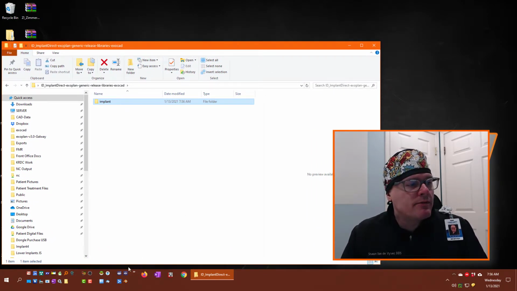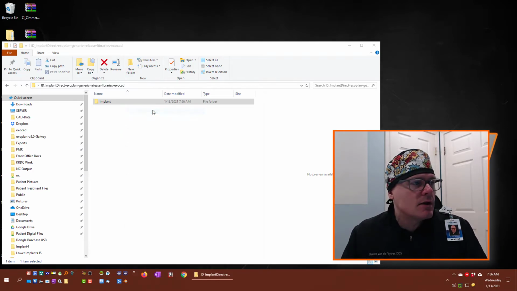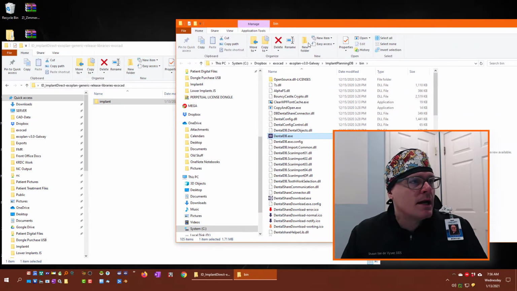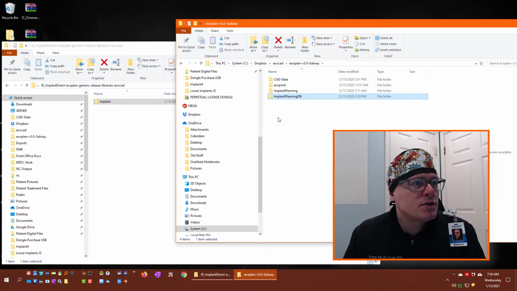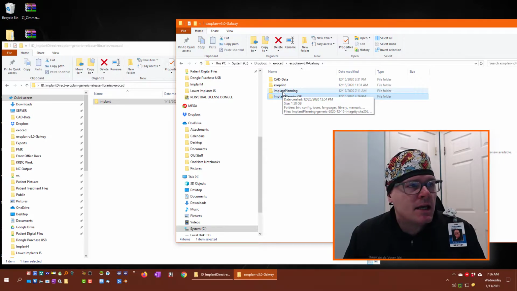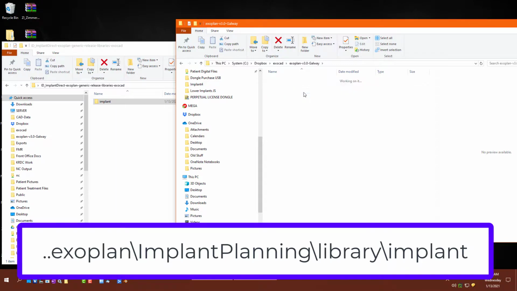I need to open the folder where the exoplan file is located. And mine is in Dropbox/exocad/exoplan, implant planning DB, and then bin. You're going to go to your implant planning folder, not the database folder, the implant planning folder,